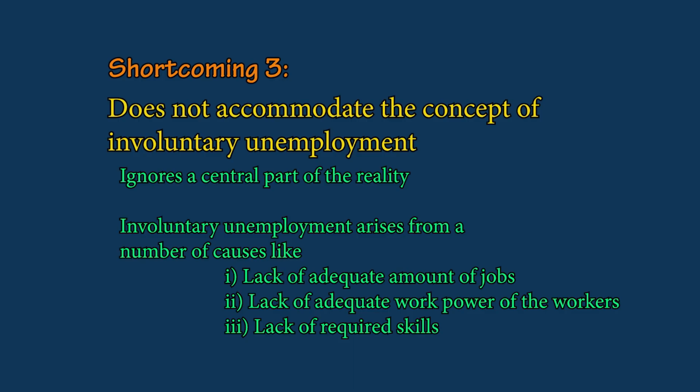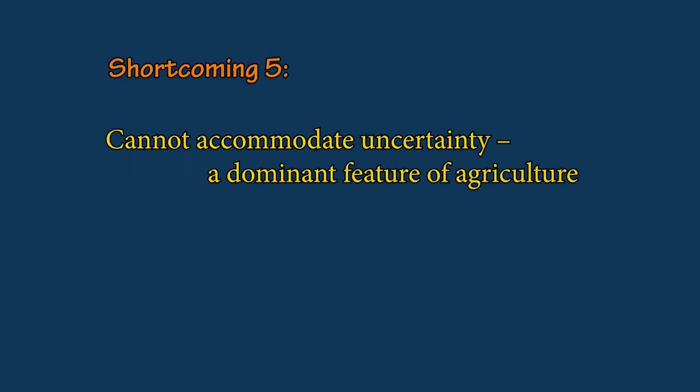Involuntary unemployment arises in the real world due to a number of causes. There can be a lack of an adequate number of jobs. There can be a lack of adequate work power of workers, and at the same time there can be a lack of required skills. The fifth shortcoming of the traditional analysis is that it cannot accommodate uncertainty, which is a dominant feature